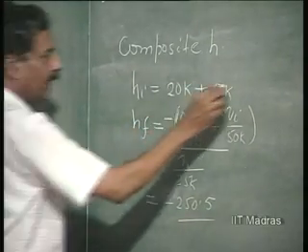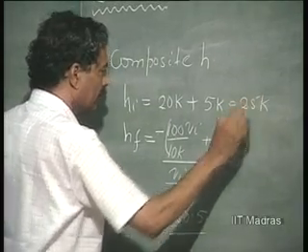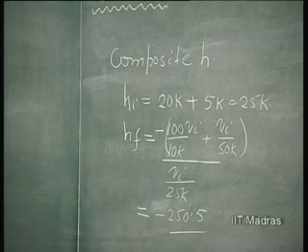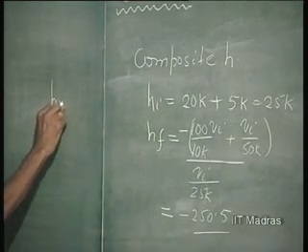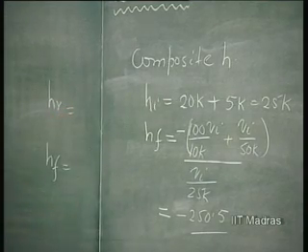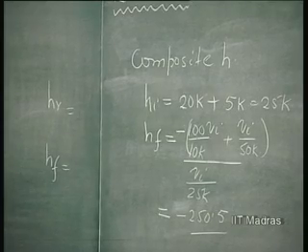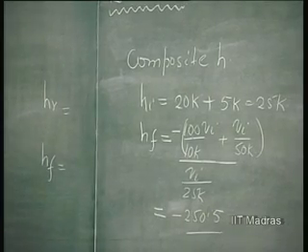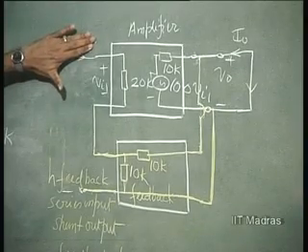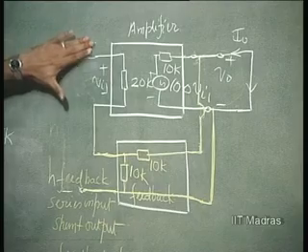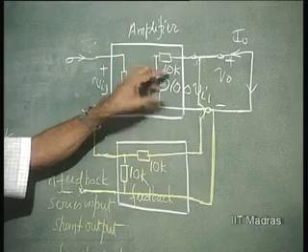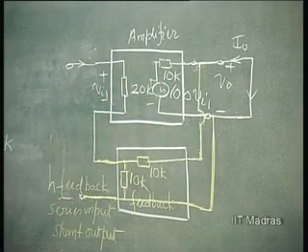So, we have evaluated HI as 25 K, HF as minus 250.5. Now, how do we evaluate HR, composite HR and composite HO? HR and HO are evaluated with open circuit input. So, input is open, nothing is applied here. II is 0. If II is 0, VI is 0. If VI is 0, there is no voltage. So, only 10 K is coming into picture, and therefore,